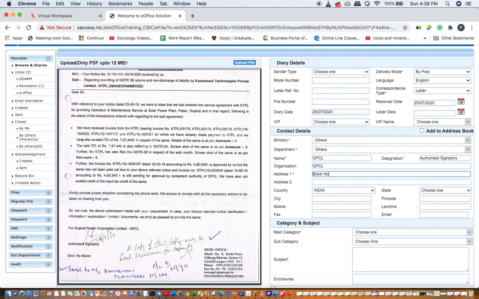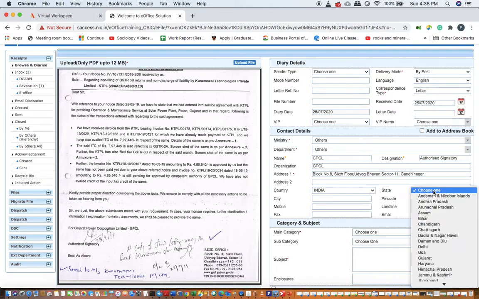Block number 8, 6th floor, Udyog Bhavan, Sector 11, Gandhinagar. Country is India. State is Gujarat.